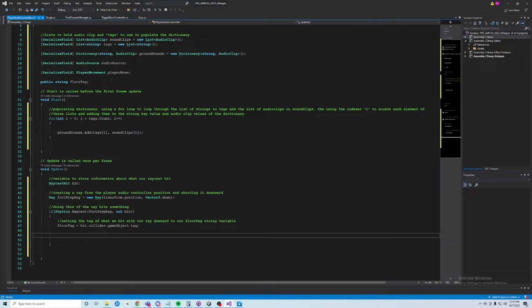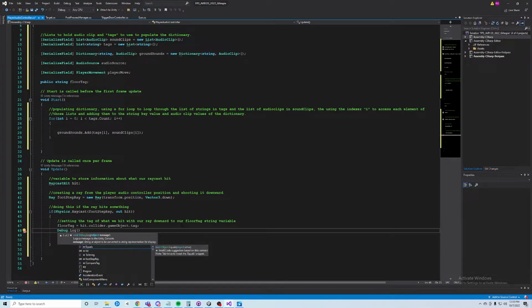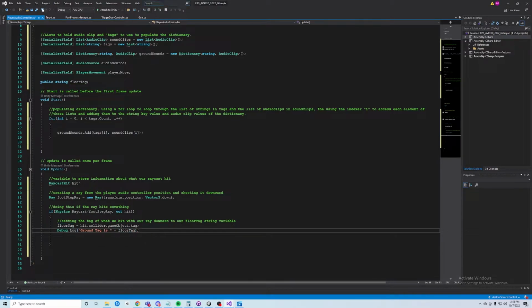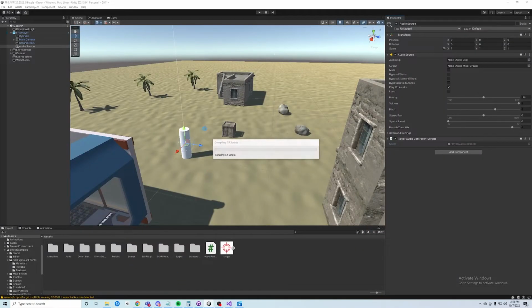And then I'm going to put a debug.log. It's going to spam our console, because it's going to run every frame. But just to test and see that it's getting the proper tag, we can set this debug.log up here, and we'll just pass it floor tag. So this will tell us if our raycast is working. Okay, so if we go back into the game now,